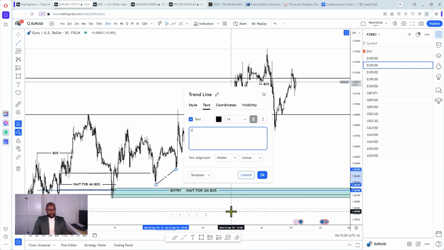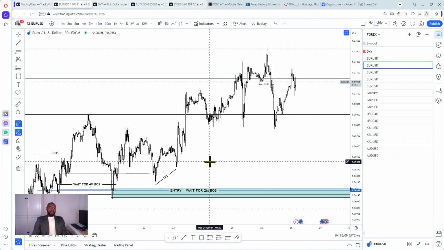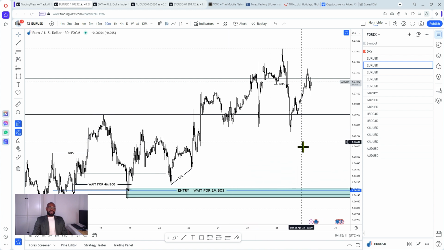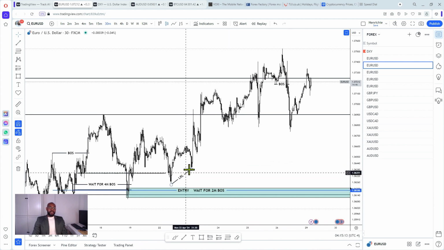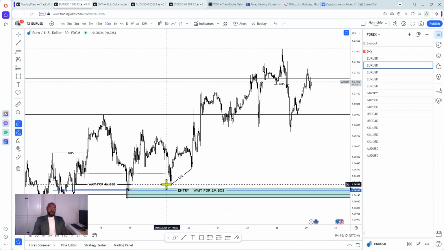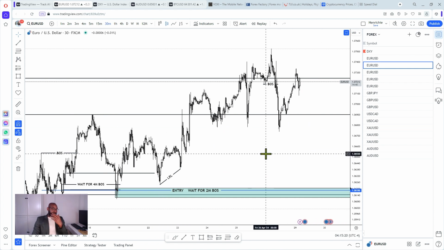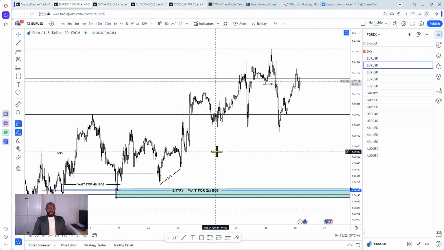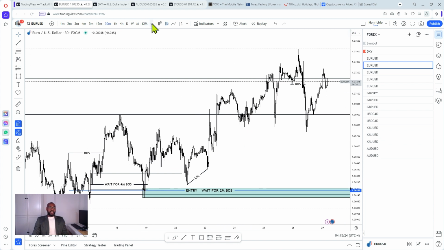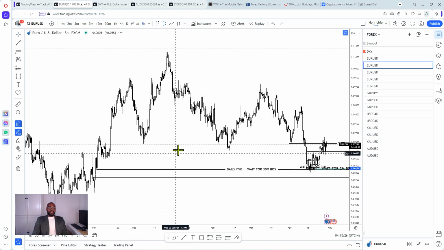This right here is a low resistance liquidity. And because we have FOMC, I wouldn't be surprised if price wants to come down to run all the people that bought from this low, take them out, and then potentially continue higher. So that is why I'm going to be watching Euro very closely, because even when I was using the line charts,